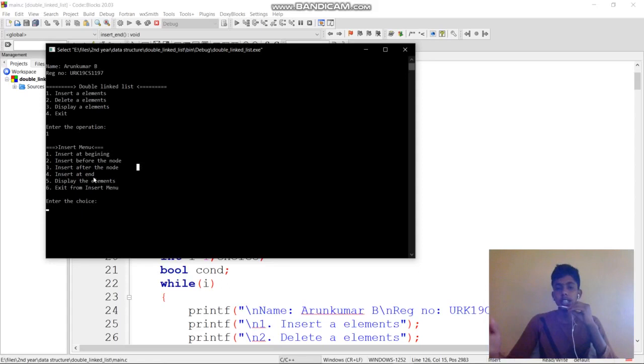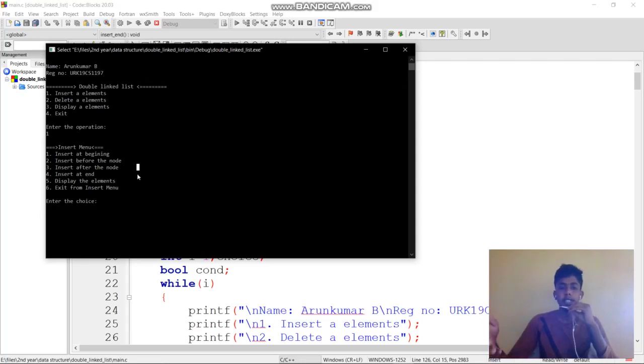Insert at end is nothing but inserting an element at the last position. Then we display the elements we have inserted, and exit from the insert menu. Next is delete: by giving a position, we delete the element. Next is display the elements. For our convenience, if you want to insert and then go out to display each time, that is inconvenient, so for simplicity I have added display in the insert menu.